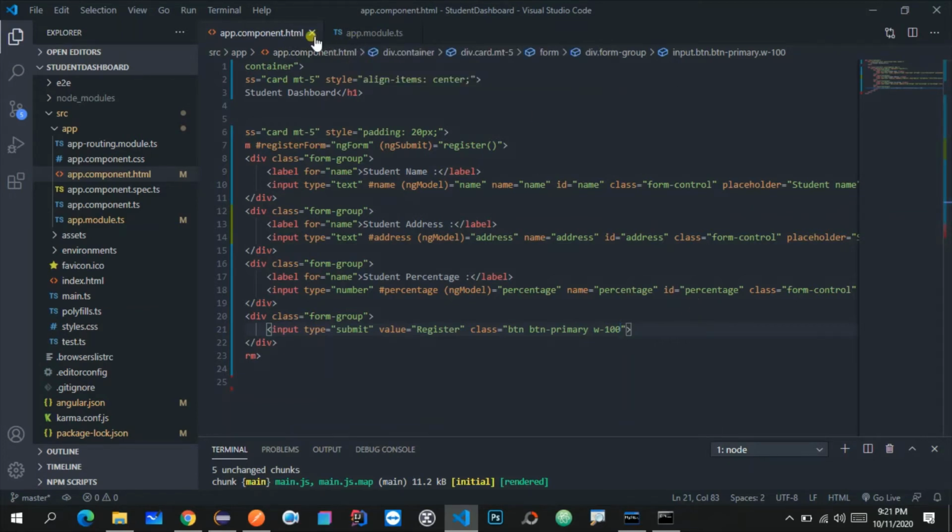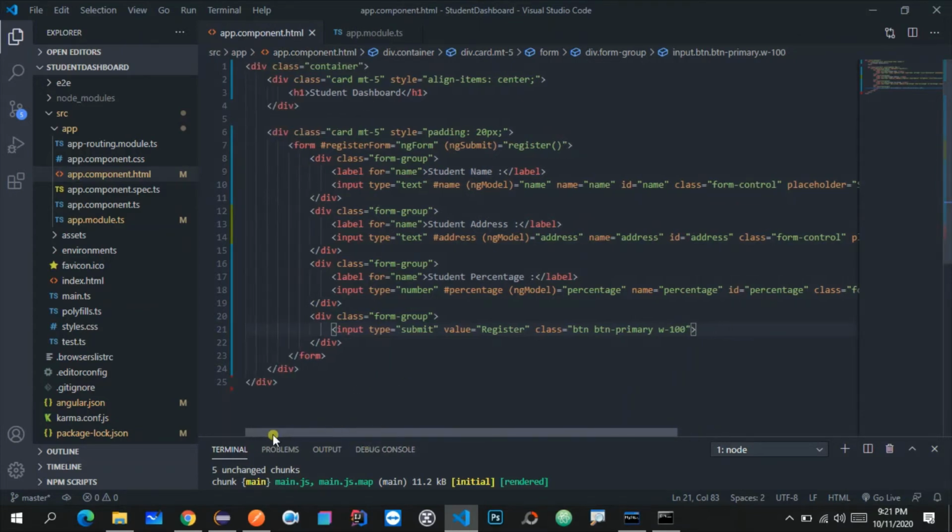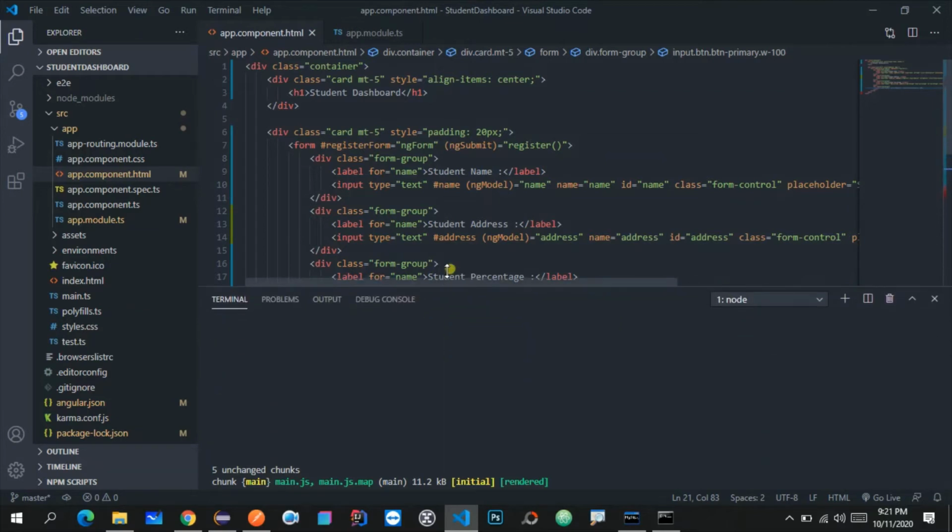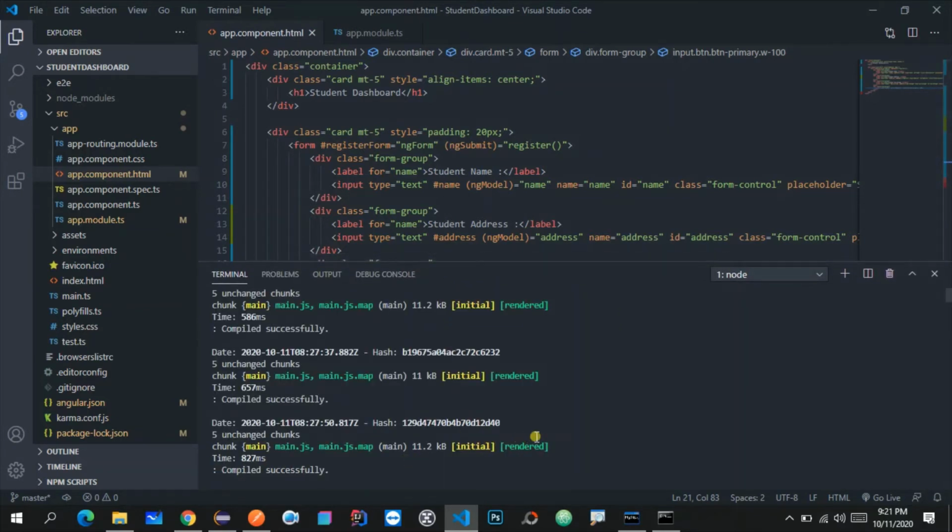Whenever there is a situation where we need to hit a REST endpoint, we basically go for services. So what are services? A service is a kind of collection of all the methods which return the HTTP calls, and by using those calls we can hit the REST endpoint. So let me first of all create a service, and let me show you how we can create that service.